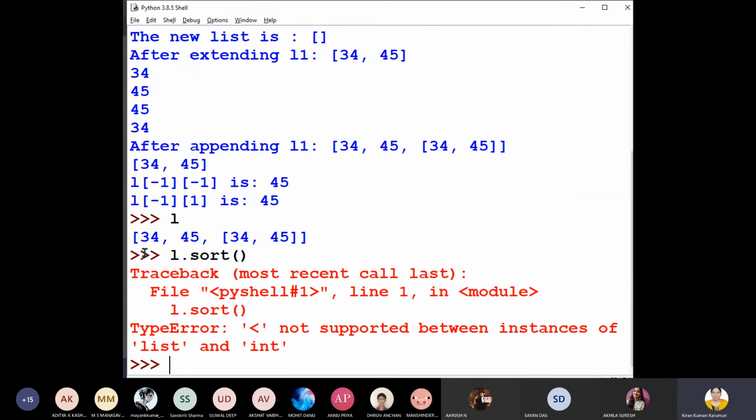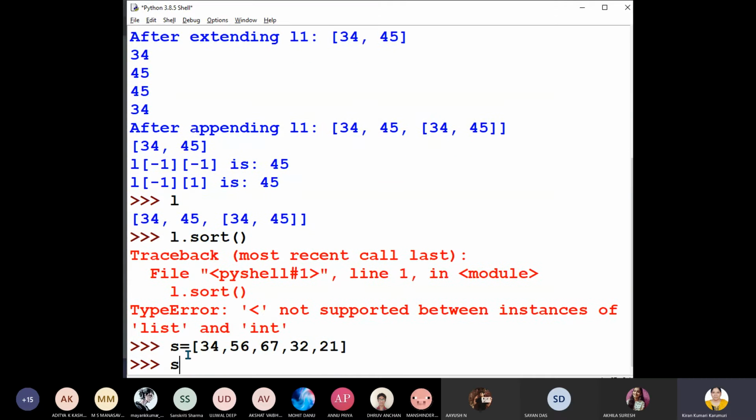If it has to be sorted, similar to the max and min functions, it should be integers. Okay, let me show you one more example. Some other list, S equal to 34, 56, 67, 32, 21.